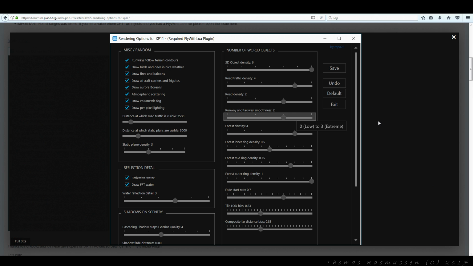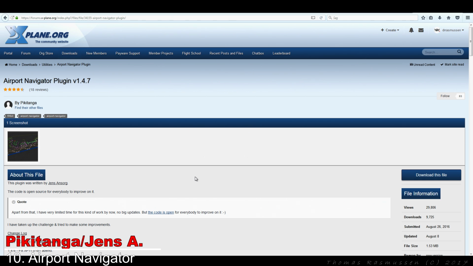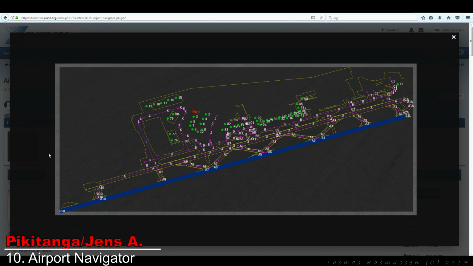Number 10 is Airport Navigator. As the name of the plugin implies, this plugin will give you an airport map which will help you navigate around in less familiar airports. The information that the plugin will display is ICAO of the selected airport and its altitude in the white text